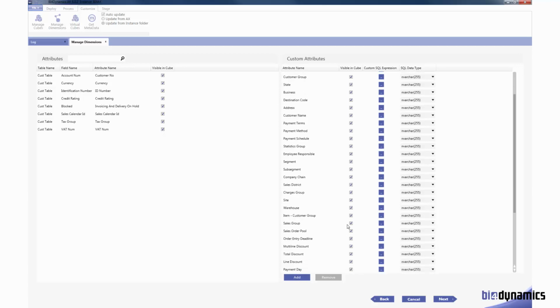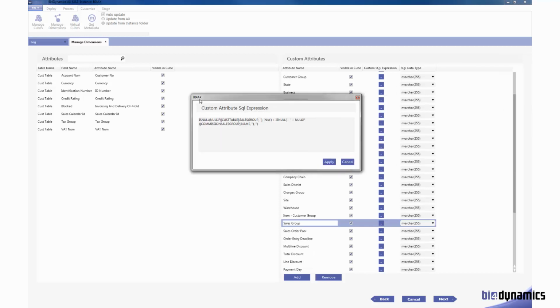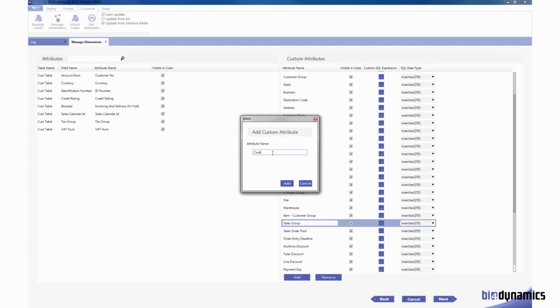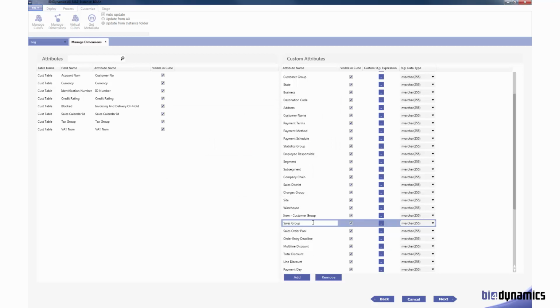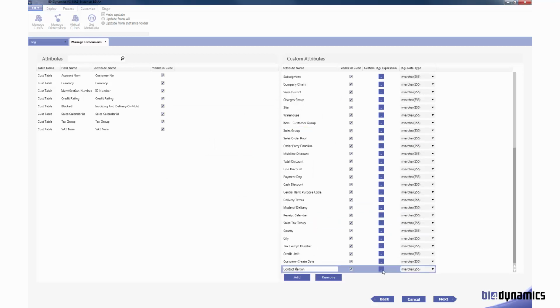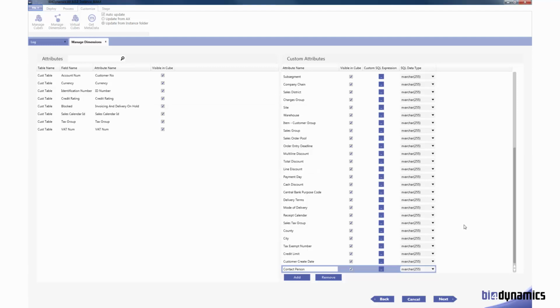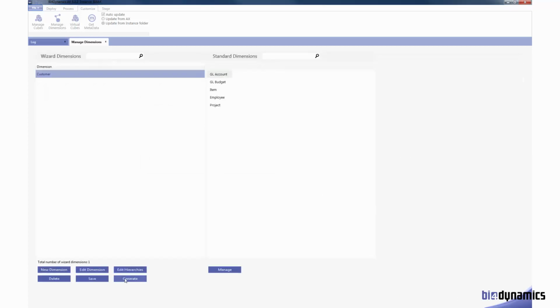So this is a list of all custom attributes. There is a code behind each, and we will create a new attribute, contact person, in which we will just join together the first name, space, and the last name. And this is all done, you see, quite easily and simple by the wizard. Just apply it. Of course, we could also remove some of the fields, make them hidden. We can just now have to generate the scripts,